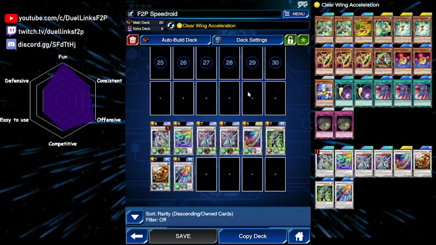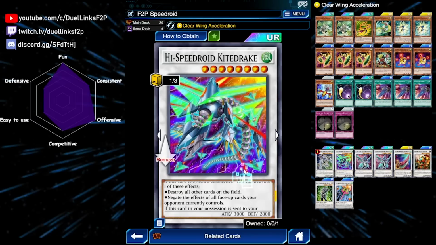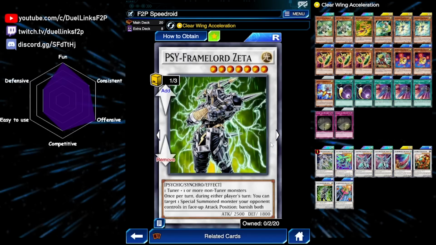And also this deck has a real problem with monster removal. Their main monster removal is Kite Drake, it just destroys everything, but if your opponent has something like a Dengusu, which protects them from being destroyed, you're done. You can only negate its effects, but you kinda don't remove it from the field. So your opponent can still hopefully survive that turn, and then during your next turn, they can just push for game. We could play other cards like Cyframe Lord Zeta to act as another form of monster removal, but